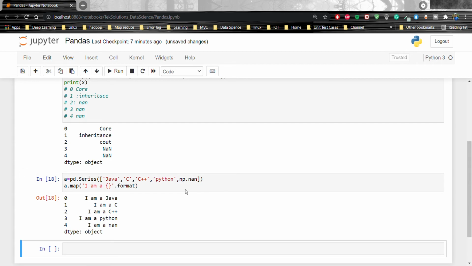Now I am going to give another example using the second parameter, na_action. If we pass ignore, it avoids applying the function to missing values and keeps them as NaN. For that we use na_action equal to ignore.